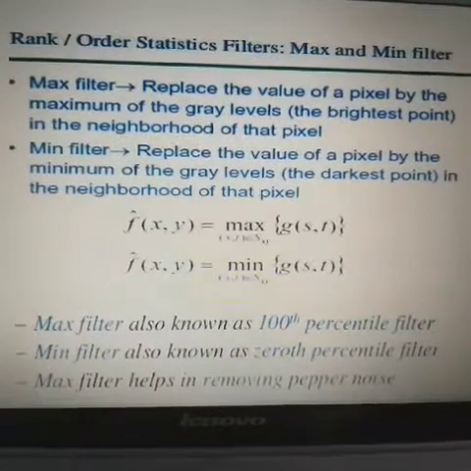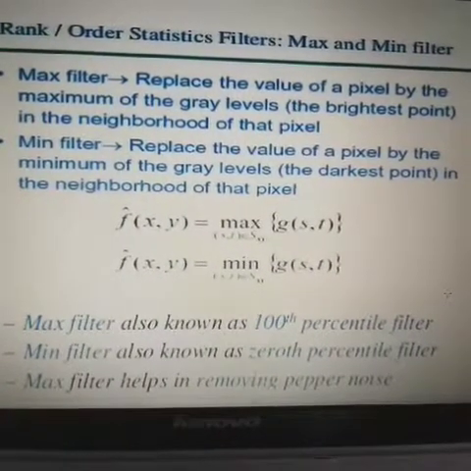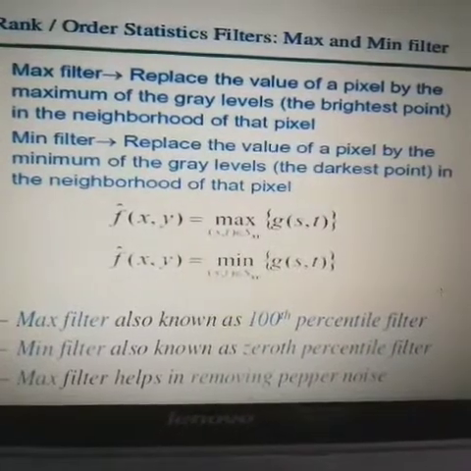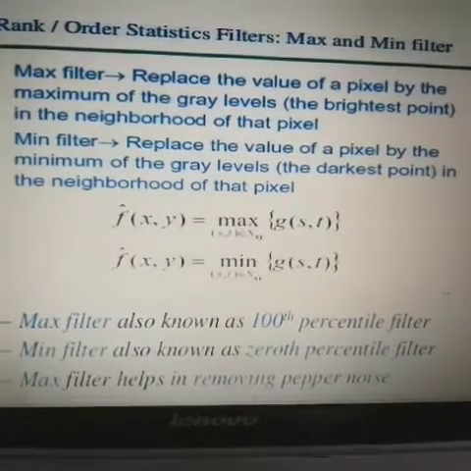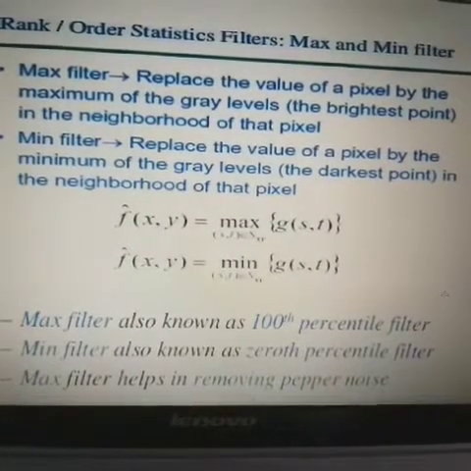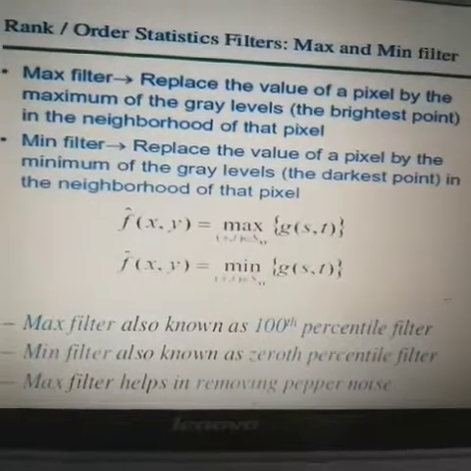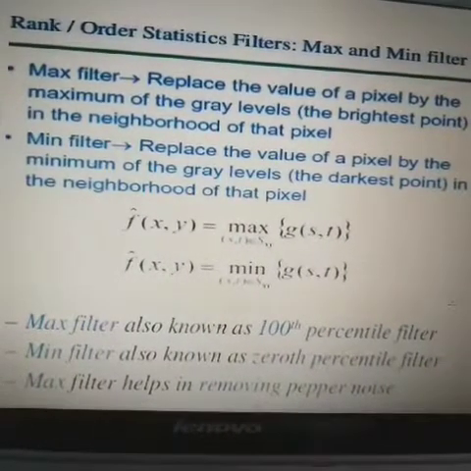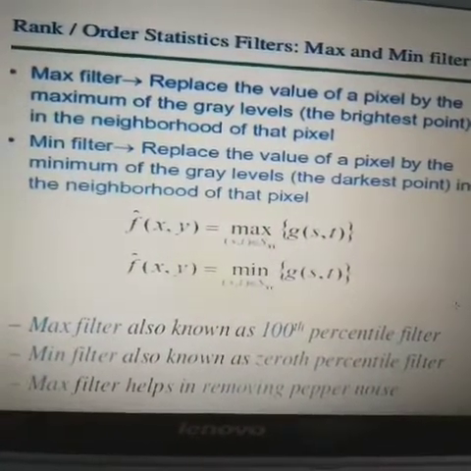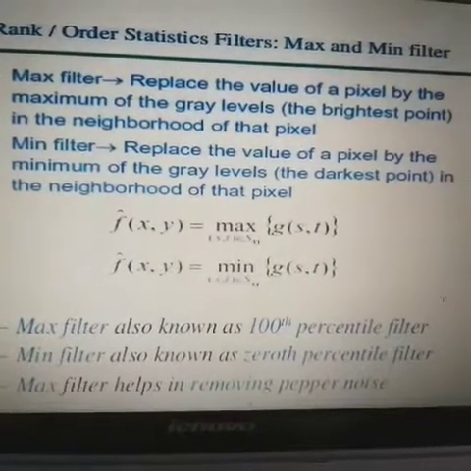The next filters are the max and min filters. Max means replacing the value of the pixel by the maximum value of the gray level. If we have a sub image, the pixel is replaced by the maximum value, the brightest point in the neighborhood of that pixel. With the min filter, we replace the value of the pixel by the minimum gray level value, the darkest point in the neighborhood of the pixel.